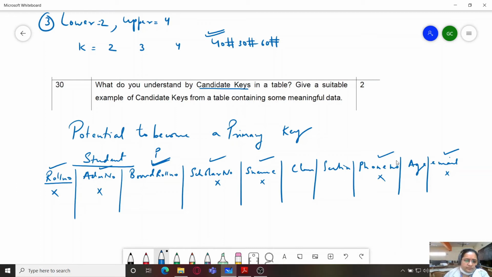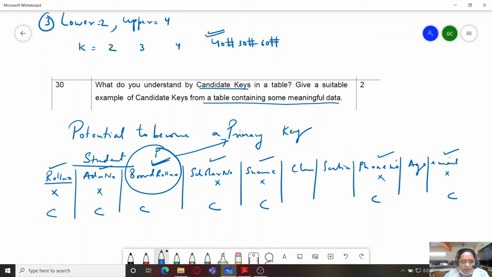Okay, so out of these, board roll number is the one which emerges out to be the primary key, and hence we can say that all these keys which were in the race, contesting against each other to become the primary key, they all are the candidate keys. So you need to provide a table also.